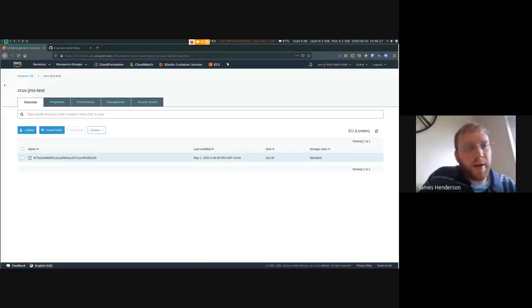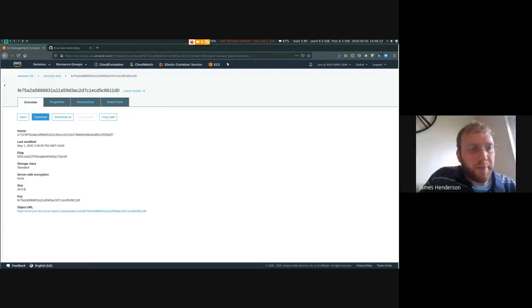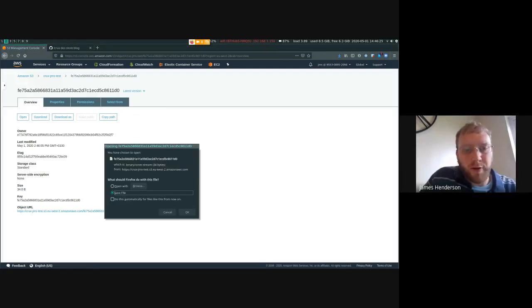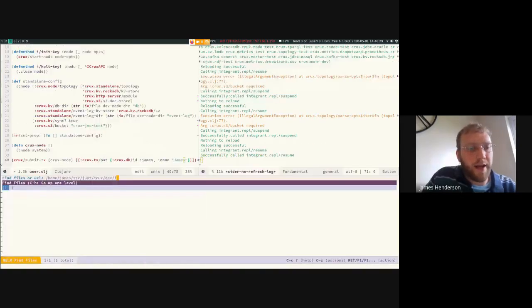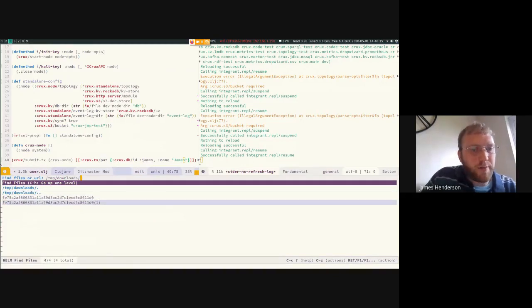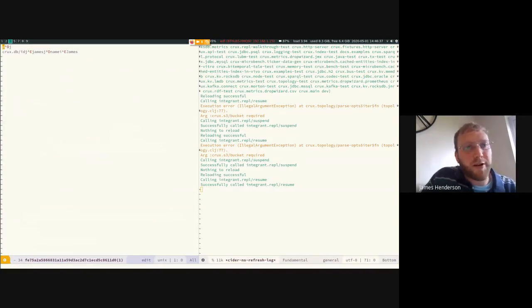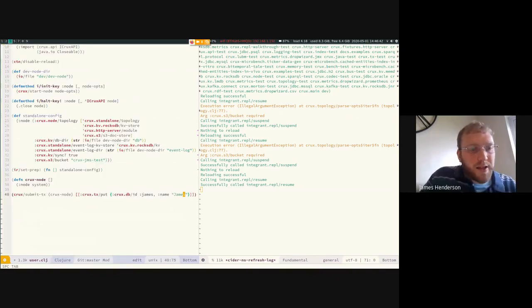There we go. So we key them by a hash of the document, as I said. And if I were to download this, at the moment it's using Nippy by default. So if I were to download that, and then have a look at it. Temp, downloads, maybe that one there. Oh, it's roughly recognizable. You can see some bits in there, but it's definitely Nippy. So that's a real basic demo as to how